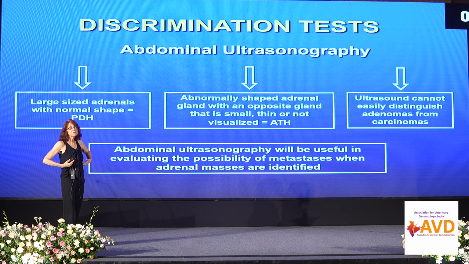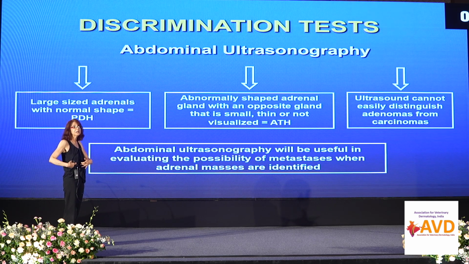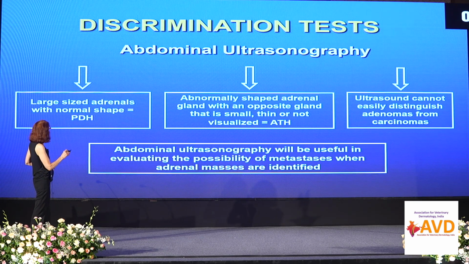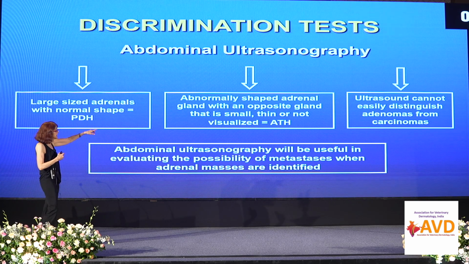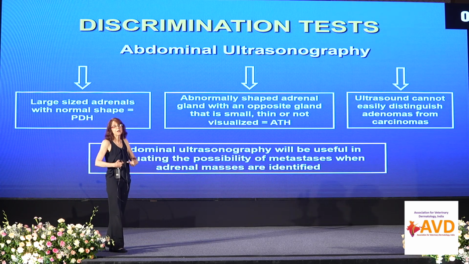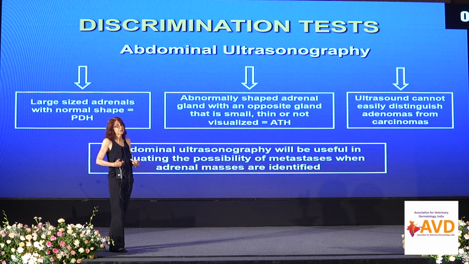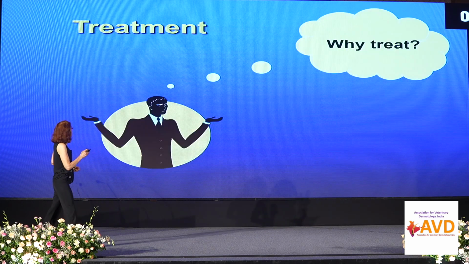In pituitary dependent, you should see an enlarged adrenal gland, and the shape is normal, it's not bumpy. And in the adrenal tumor, an irregular adrenal gland, often on one side, but it could be both sides. Good radiologists are very good at localizing the disease with an ultrasound. And again, ultrasound is not good to determine if it is an adenoma or adenocarcinoma. But if there is metastasis, it will tell us it's an adenocarcinoma, and you can see if any other organs are affected.